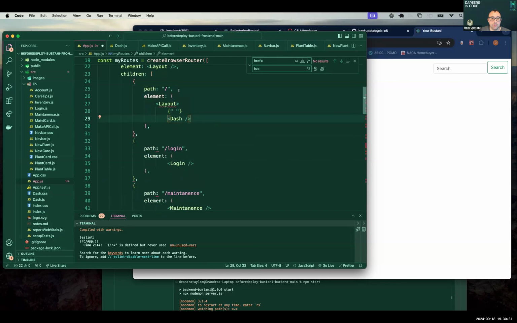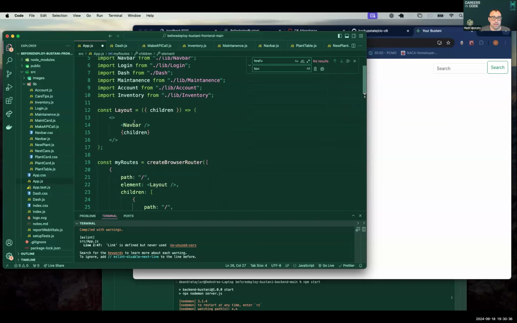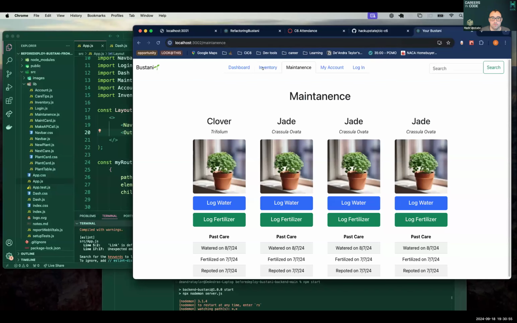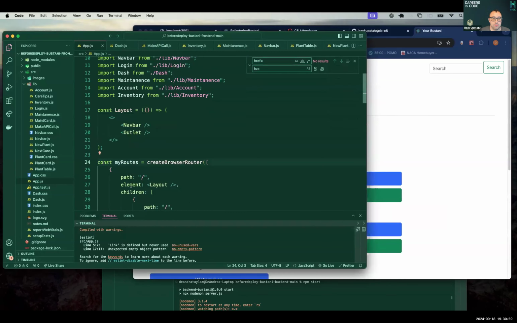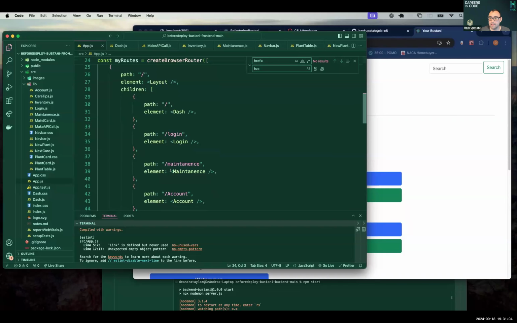You've got so many pages. Okay. And then in the layout, instead of using the children, we save the children and use the Outlet instead. And the Outlet comes in from React Router DOM. Well, pow. You get your navbar everywhere, and you still have your routes, except now they're simplified with just the elements.